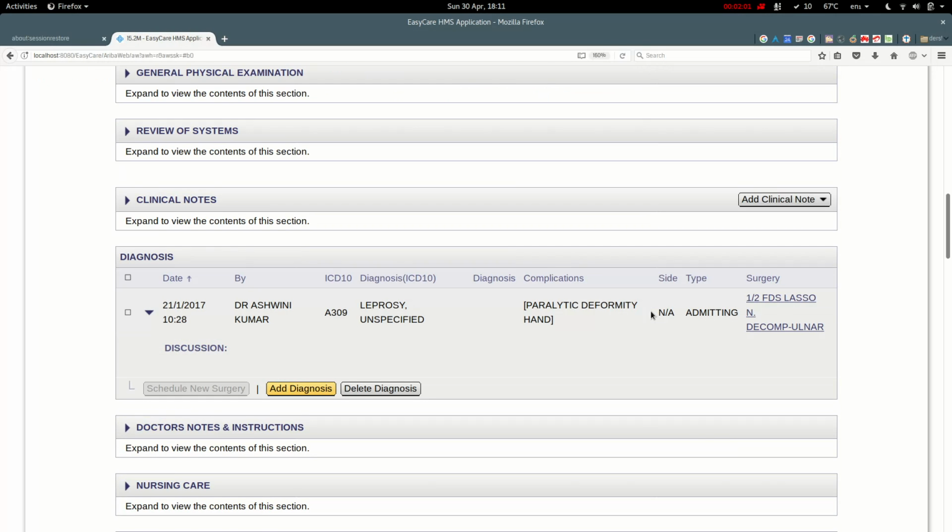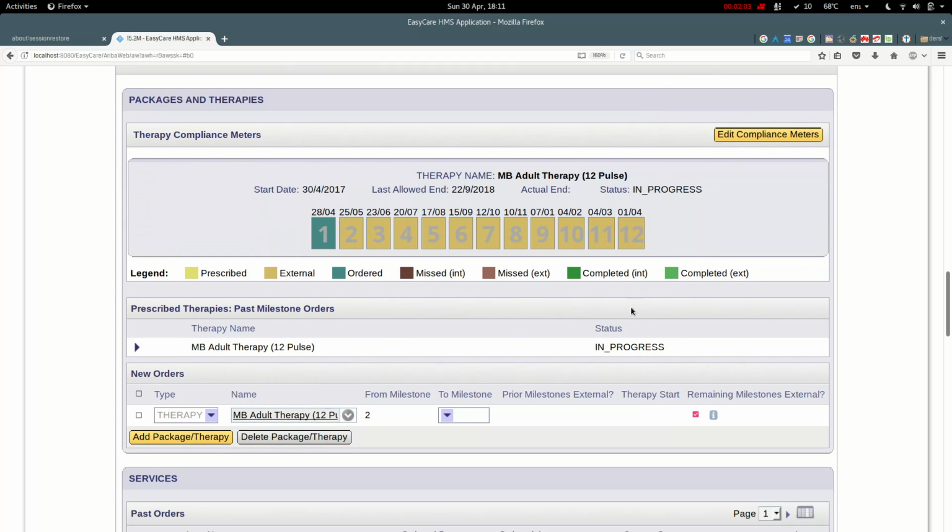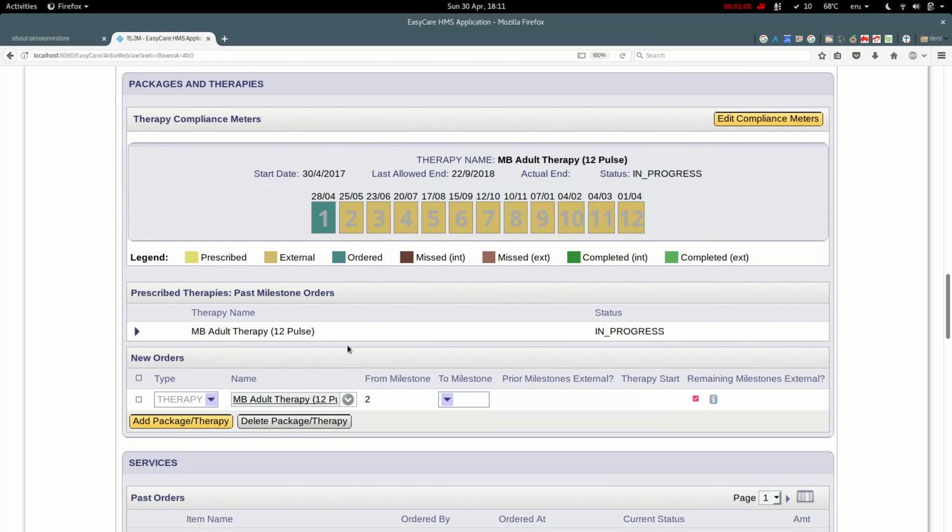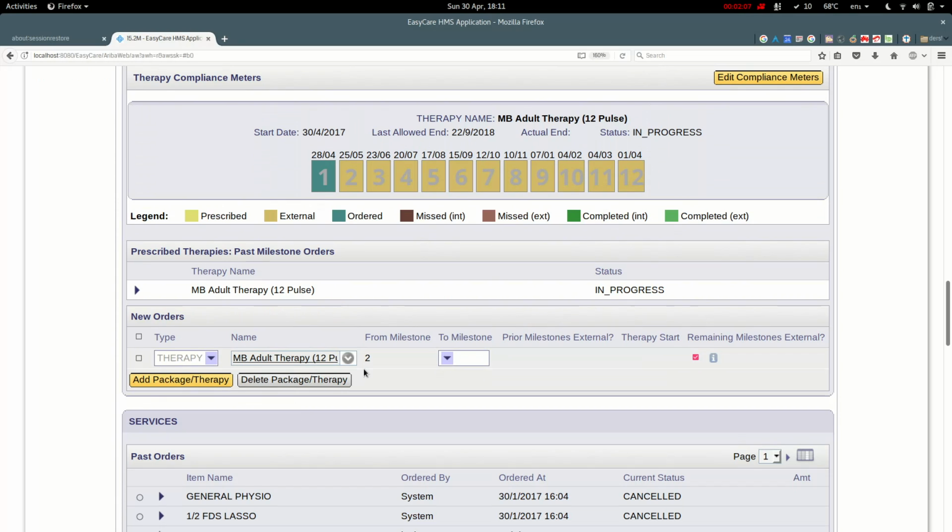and that update is done. Now you can go on to order the second pulse. The system automatically detects that the first pulse was given out, so it defaults the from milestone to 2, and the doctor can then choose how many milestones to give. So for the sake of the demo,